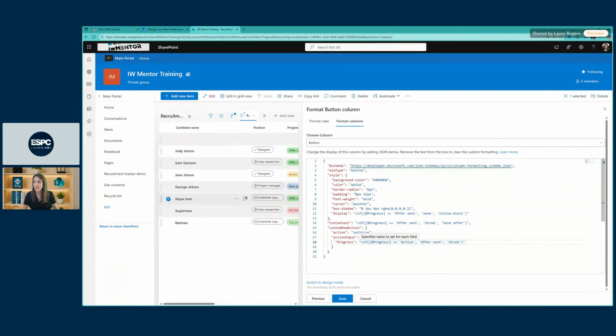So now this is where you can do a lot of conditions to say, you know, if the value is this, change it to this, otherwise this. And so you get very dynamic.